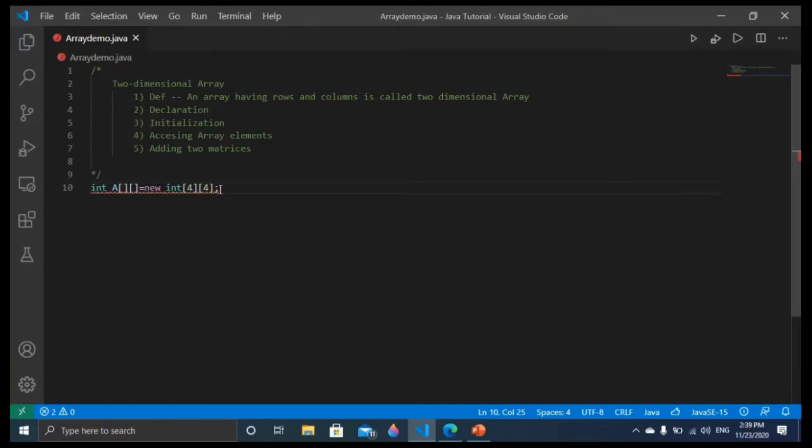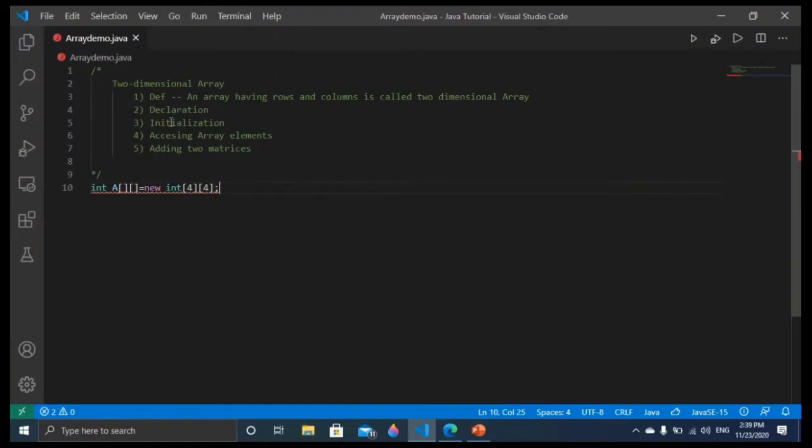If I give 5 and 4, then the row is 5 and the column is 4. So it depends on your need. Here I am giving 4 by 4, meaning this array will store up to 16 array elements, where the row number is 4 and the column number is 4. So there will be 4 rows and 4 columns.